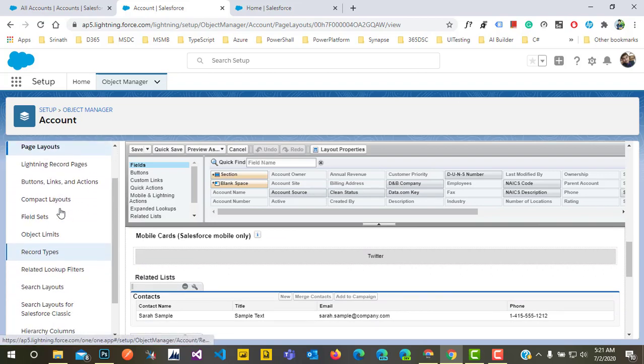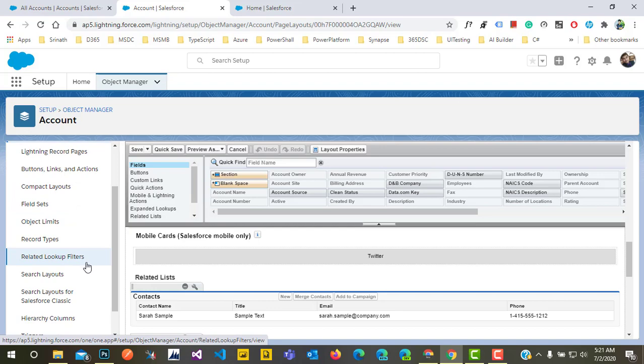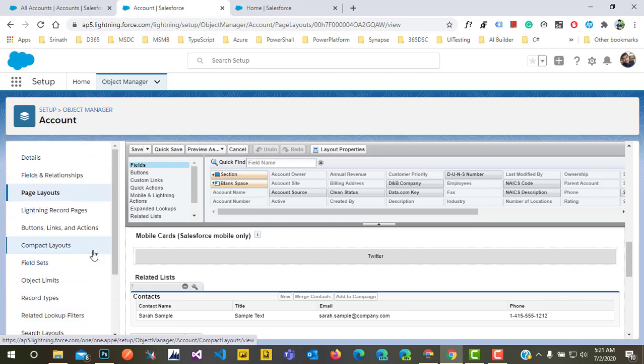These are the different types, related lookup filters and some other ones. So this is how the development of forms and fields is done in Salesforce.